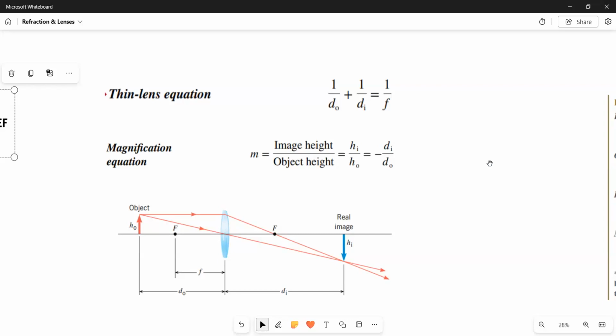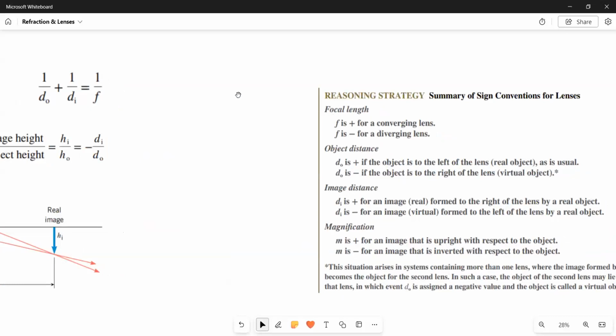The magnitude of the number matters: if the magnification is 2, then the image is twice the size of the object. I think I said the negative sign tells whether the image is real or virtual. No, the negative has to do with whether the image is upright or inverted. Sorry, I confused that